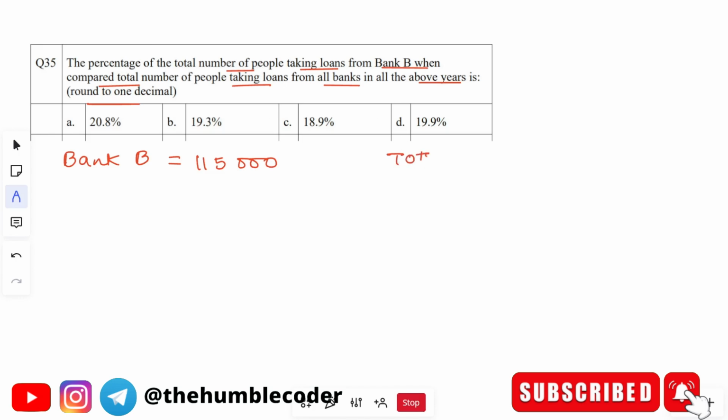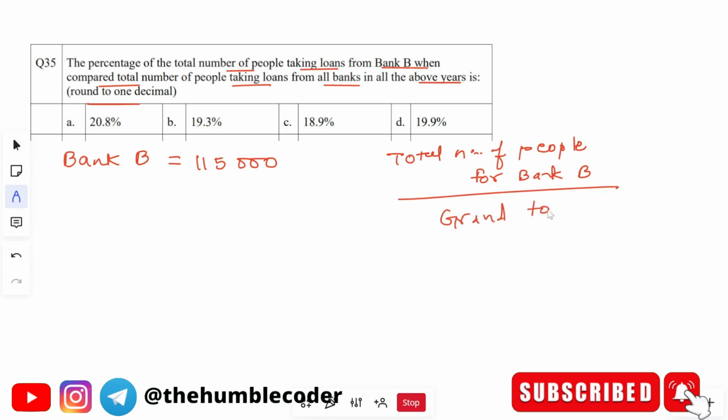total number of people taking loan from bank B divided by the grand total, which is for all the banks. And this will be multiplied with 100, which will give us the final answer. So let's substitute the value. We have already found out the value for bank B, which is 115,000, and grand total is nothing but the summation of all the people A, B, C, D and